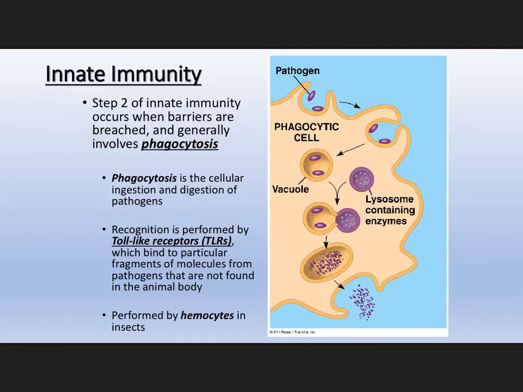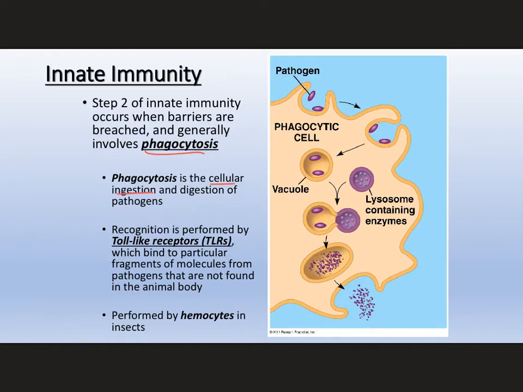Now, the main way that the innate system uses cells is through phagocytosis. And I hope this sounds a little bit familiar. Phagocytosis we mentioned a long time ago, I think back with diffusion and osmosis. This is a way to bring large things into the cell, right? So it's the cellular